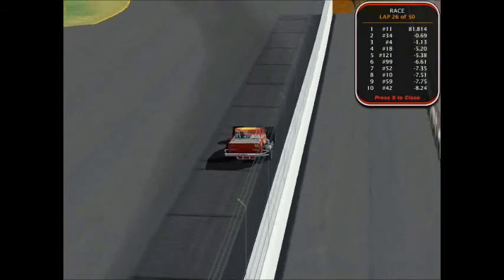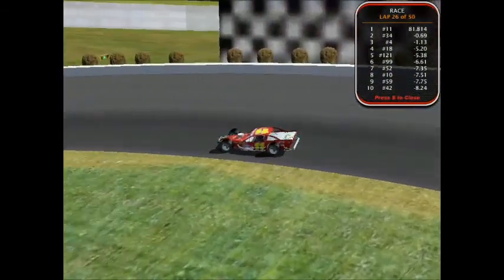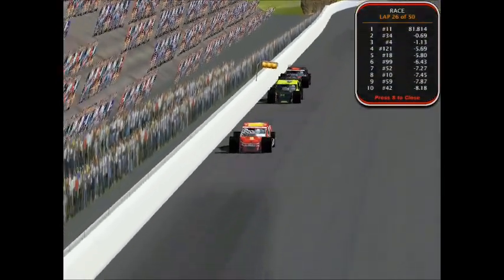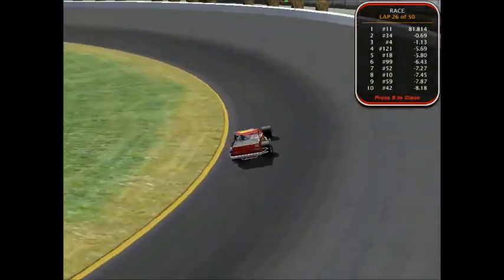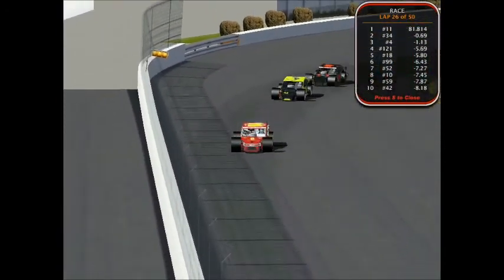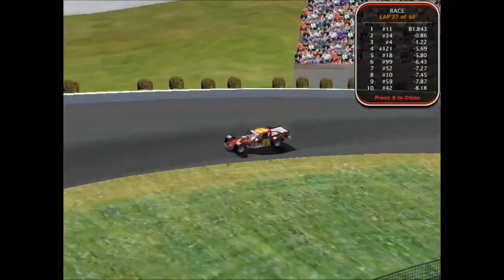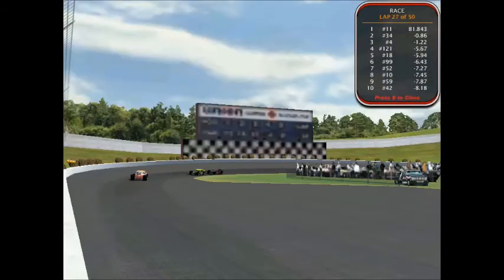And now for the trivia answer. The question was, who are the only 2 drivers to win 3 races in a row in a SCRL sanctioned season? If you answered Bulldog 67, you are correct. He was the first ever driver. He won 3 races in a season, I want to say 2 of the Legends series. I'm not real sure which one it is. I'd have to look up the stats